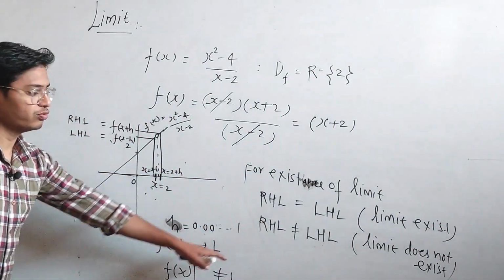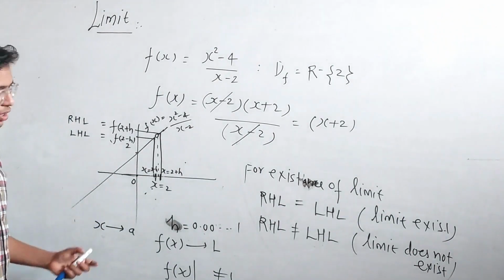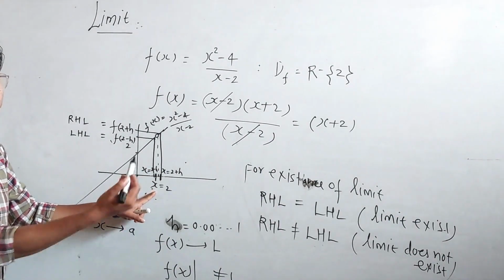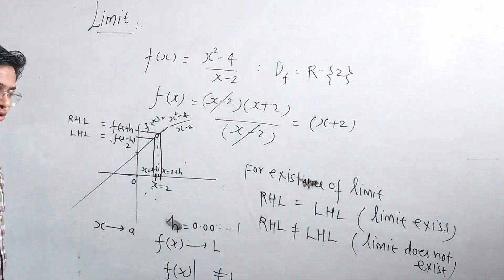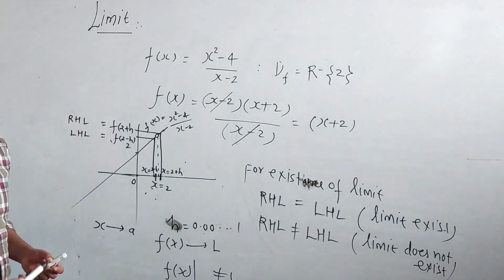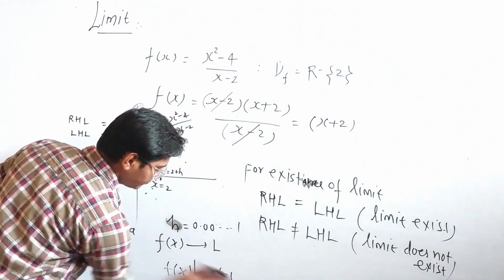So if these two values are equal, then we can say the limit exists, and the value of function at that particular point we say f(x) at x is equal to a is equal to 2. So this is the condition for calculating the limit or the existence of limit. Next,